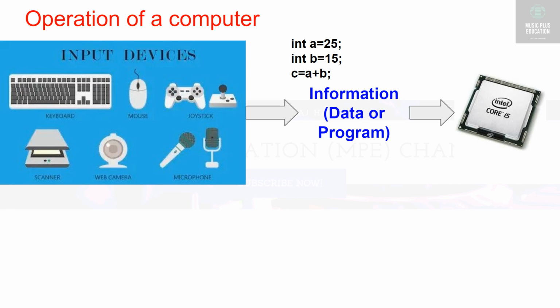Now, after the buffer, what does the processor do? The processor fetches the instructions, whatever program you type, the instructions and data. For example, these are the instructions in a high level language. This will be converted to machine language, that is the object program. This is the source program, and a compiler converts this source program to an object program, that is machine level language. It has ones and zeros.